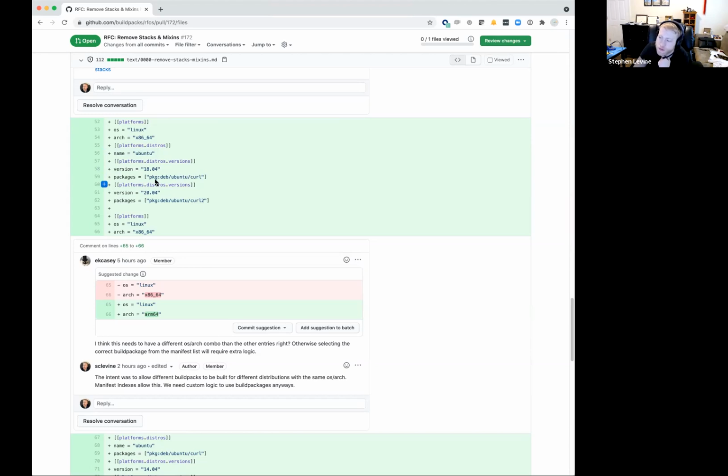But otherwise, no, I didn't envision the distributions would have similar enough package names that you wouldn't have to repeat it. Okay. I don't see it as a big issue. I was just curious. PURLs encode some of that information, like they encode the type, and also the source, right? Because curl in Ubuntu is actually different than curl in Debian. I don't know how much it buys us, but they don't encode the specific version of Ubuntu.